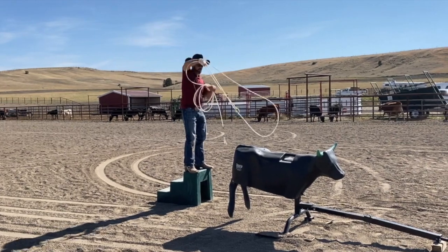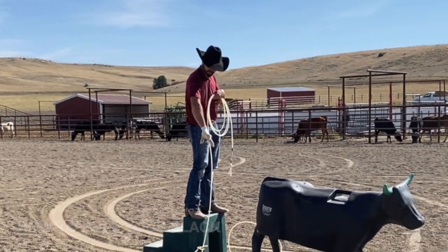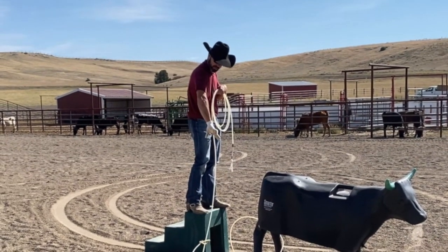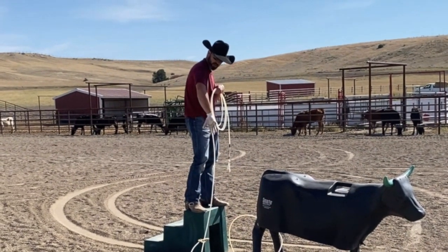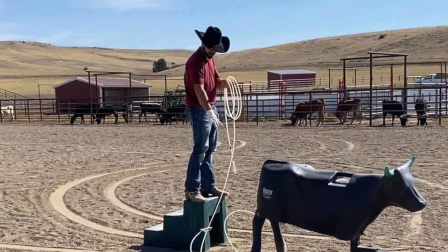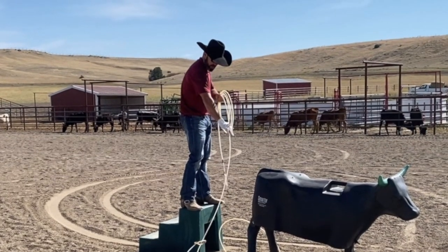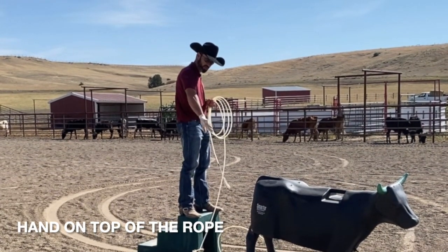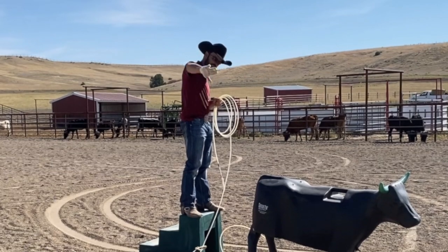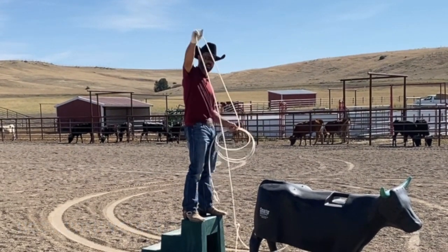All right, so now we've got him roped. Now what we want to do is we're going to rotate our hand down, our thumb down, elbow kind of comes up, and we're going to have our hand right here. Grab that slack with the palms down with this. See how this becomes a nice hook? That hooks it. Hold on tight to your coils, and then lift it